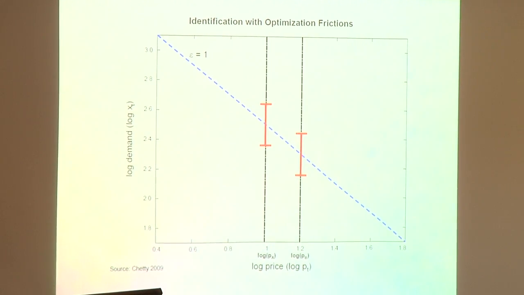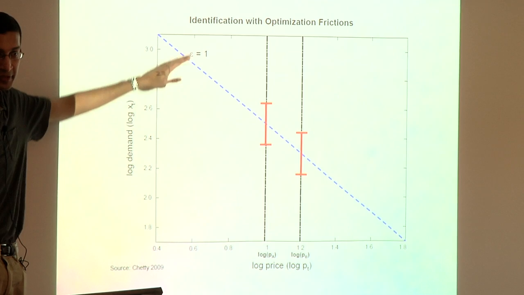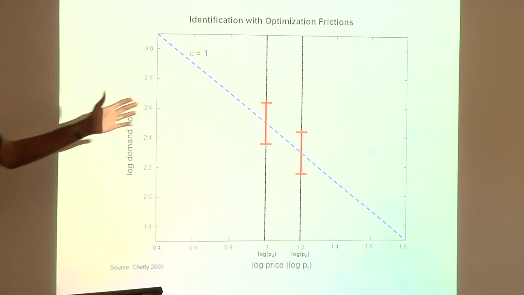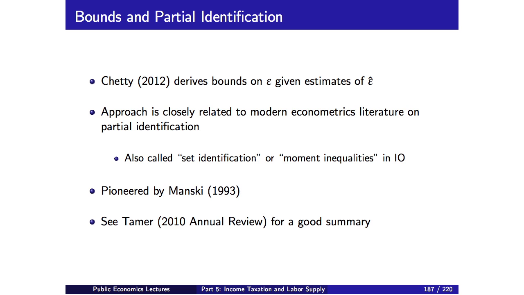So now what we're going to do is say, we're going to invert that problem and ask, suppose you're able to empirically estimate an elasticity. What does that mean for what the slope of the blue line looks like, which is really what we're trying to identify. Okay, so specifically what I do in this paper is derive bounds on epsilon given estimates of epsilon hat. And before describing exactly how that works, I just wanted to do a brief segue to talk about what this technique is representative of, a broader segment of the literature in econometrics that is increasingly influential.